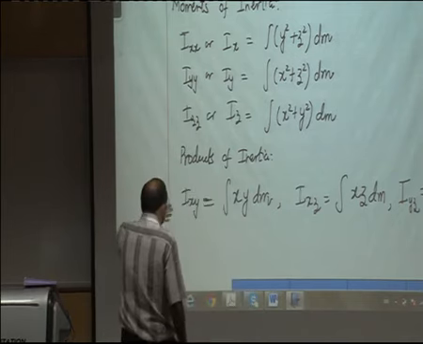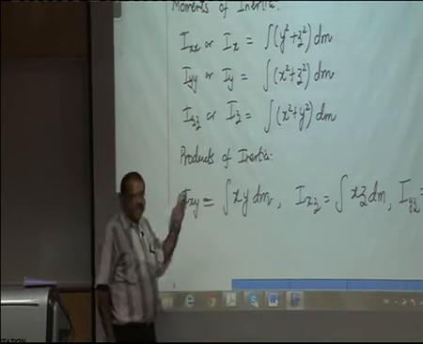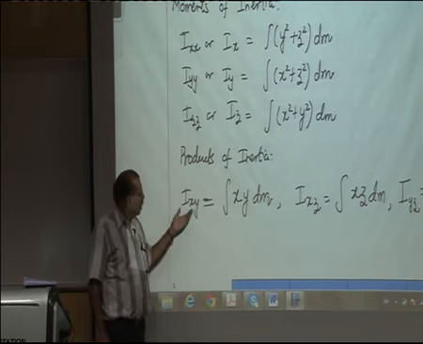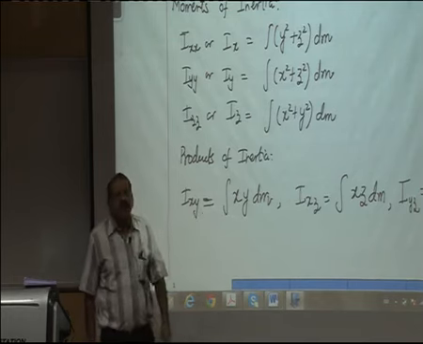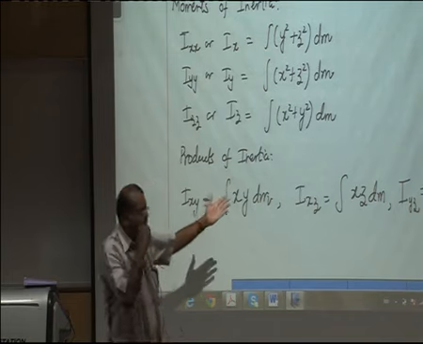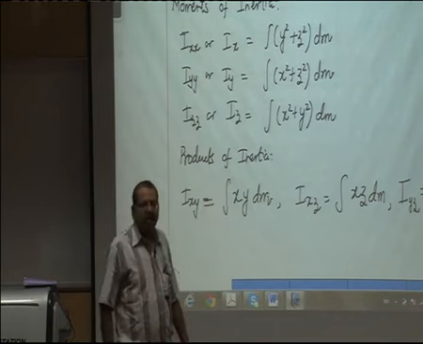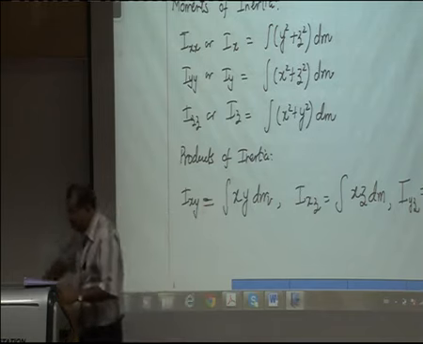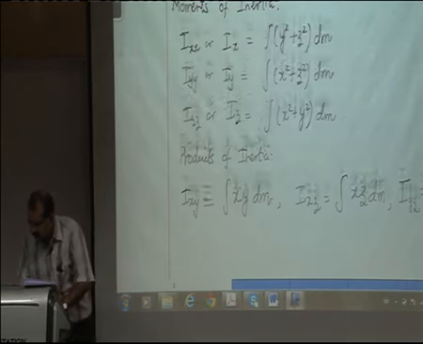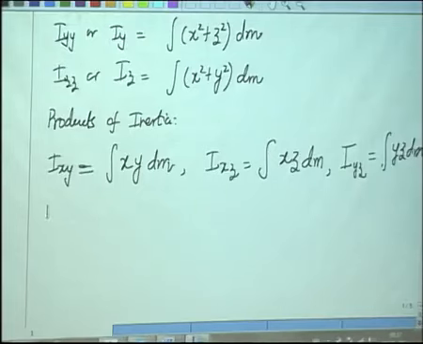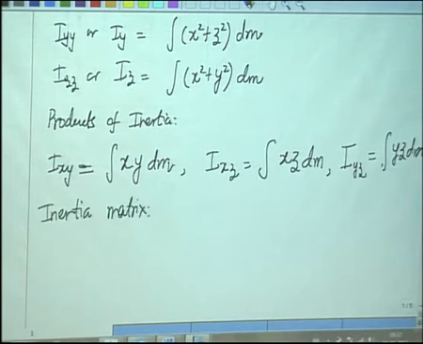And then we have the product of inertia, which is something new which was introduced. Ixy was introduced as integral of xy dm, Ixz as integral of xz dm, Iyz as integral of yz dm. Once we have defined this, what I told you was that we can define a matrix which we can call the inertia matrix, and this we can write as